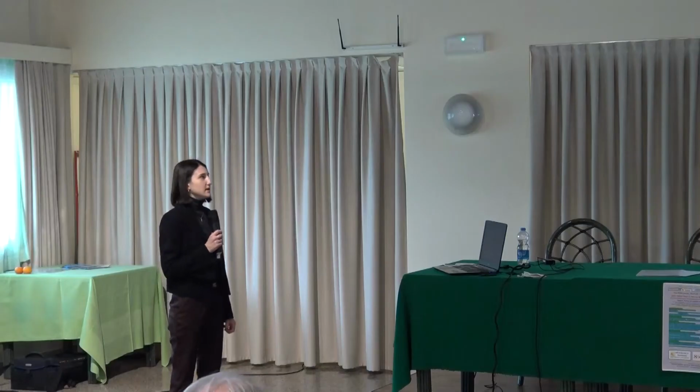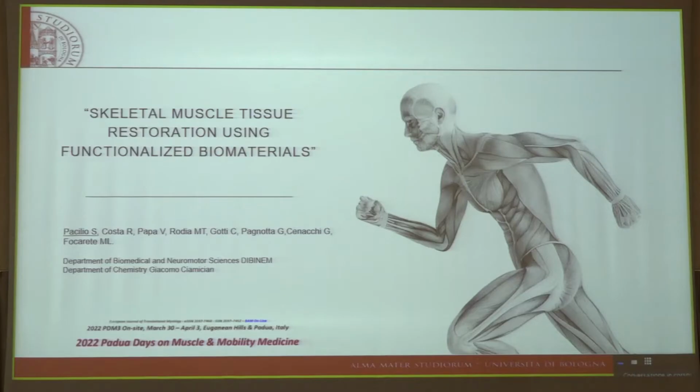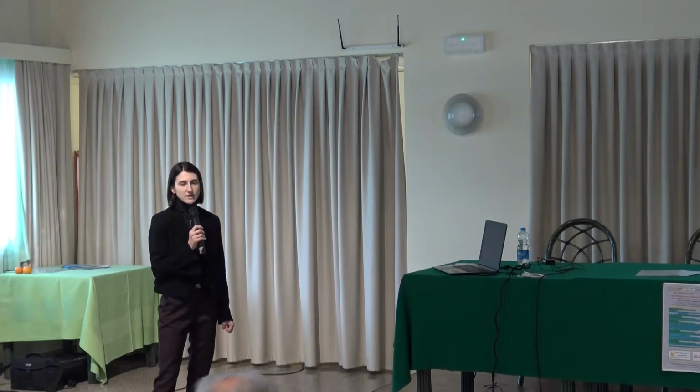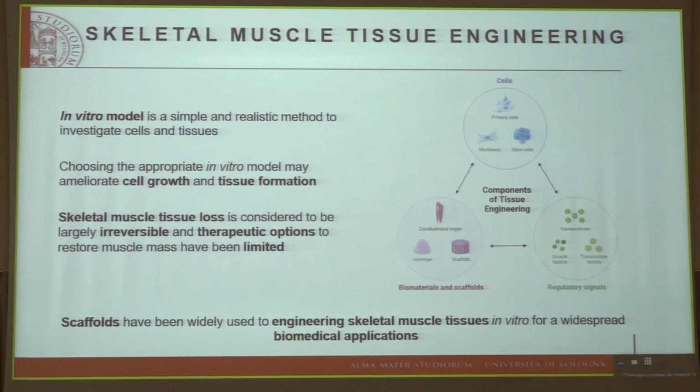My speech will be about the restoration of skeletal muscle through the use of functionalized biomaterials. In vitro models are the gold standard to investigate cells and tissue. Many revolutions and evolutions of this method have been made so far, as it is a simple and realistic method. Therefore, choosing an appropriate in vitro model could improve the final goal of our experiment, such as proper cell growth